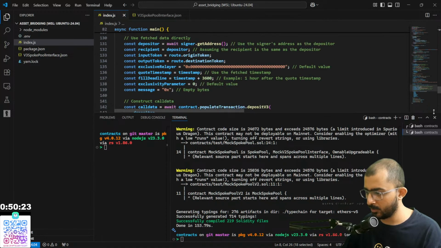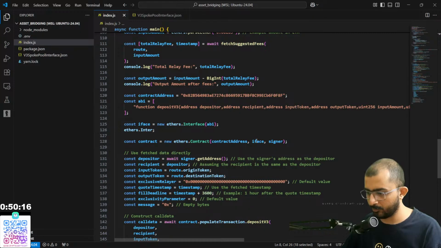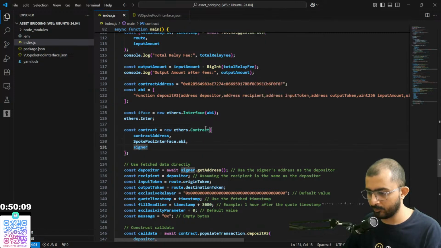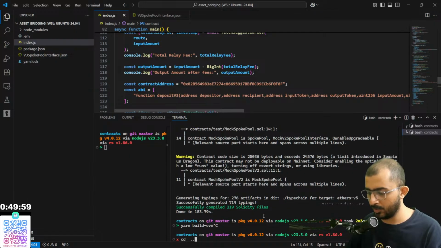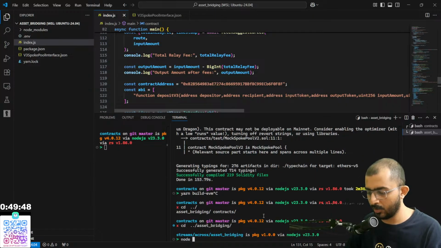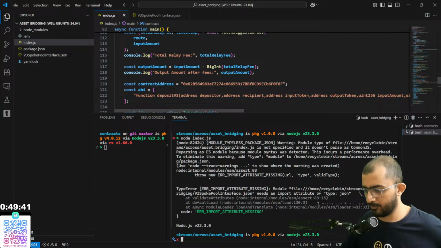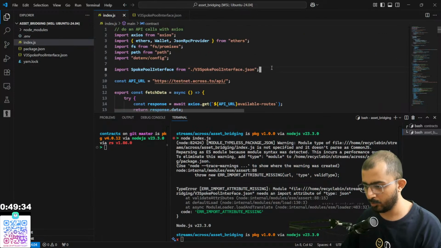And we can use that here. .abi. cd asset bridging, node index.js. Okay, we need to import it as